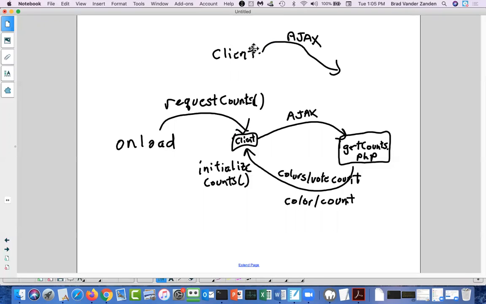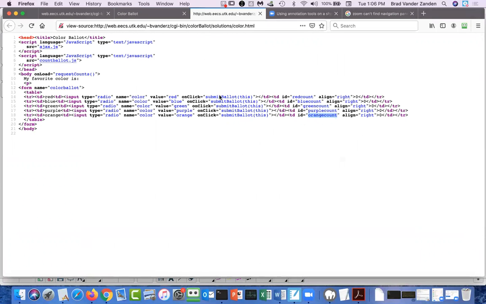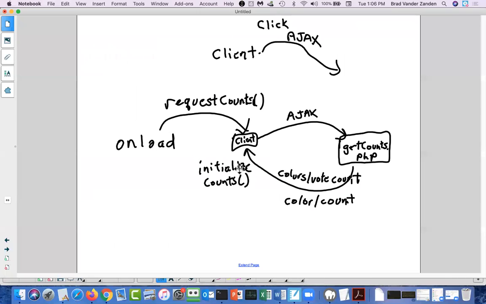So on the click, there will be a function called. Going back here, you can see that on our page source, it calls submit ballot. So the click is going to call submit ballot.